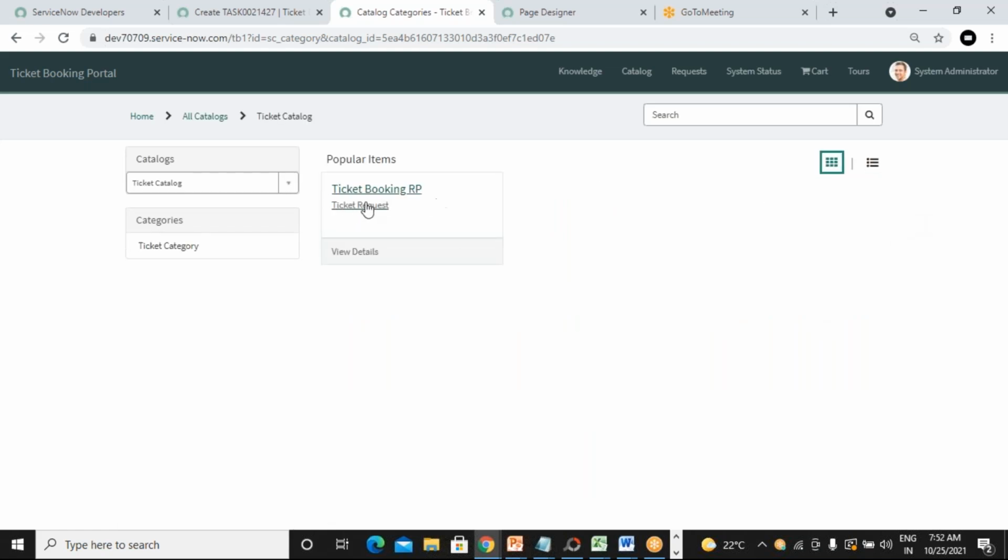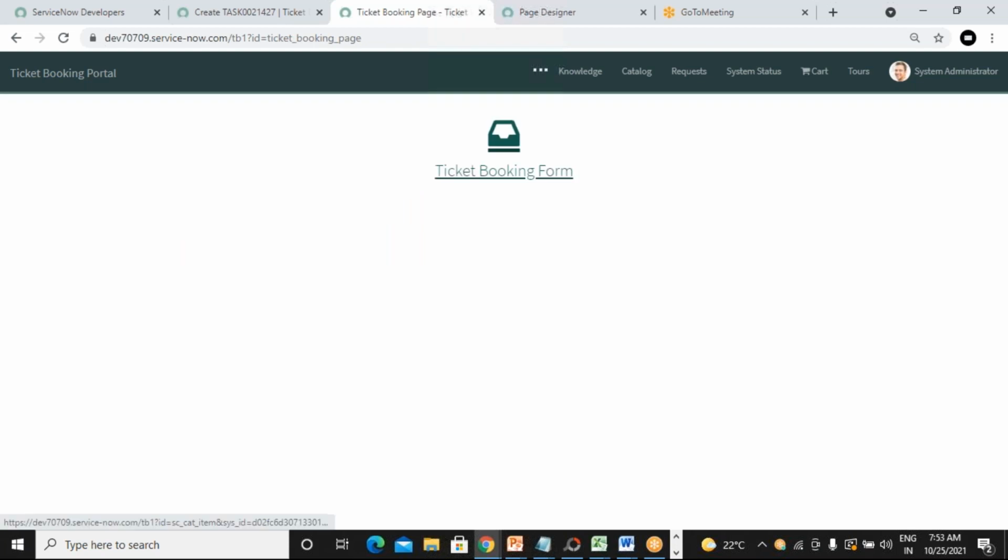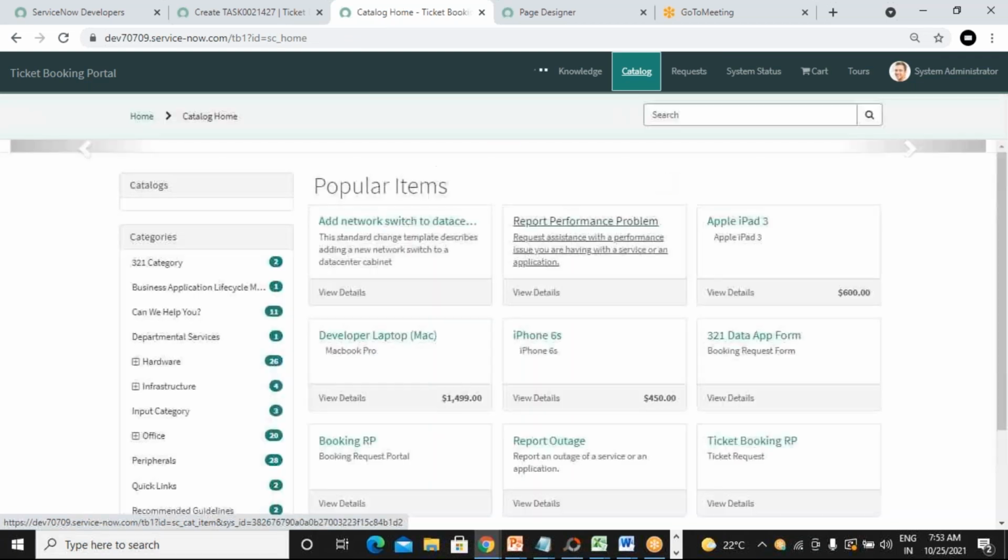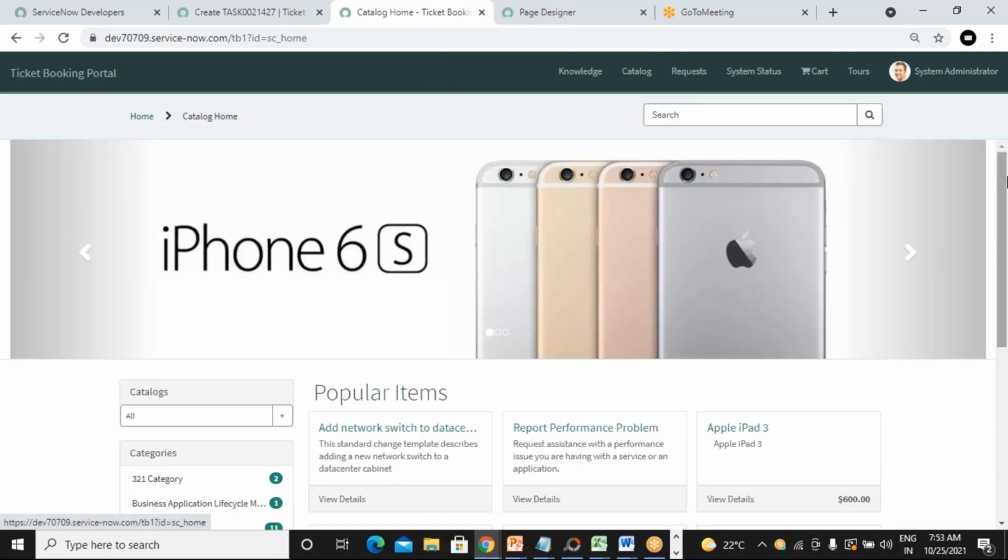So here is booking RP. If you click on it, it takes you to that. Go to your home page also. By default we have added this on the home page, but anyway, if you go to catalogs, it displays all the catalogs, and there you can access your catalog as well.